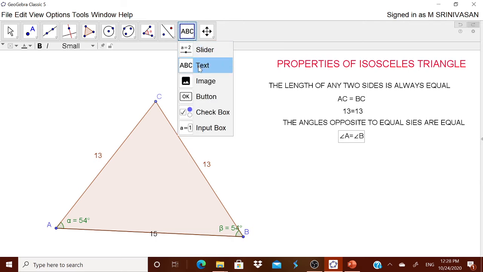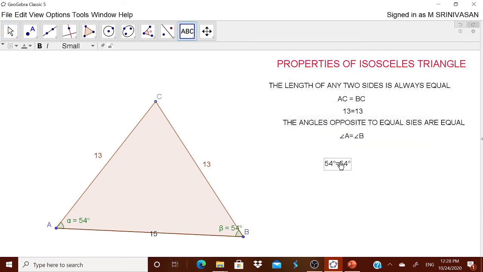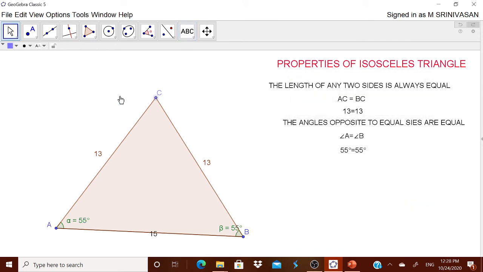How to make the text? From the object you select alpha is equal to beta. Okay, you put it over here. You see it is always 54 and 54.